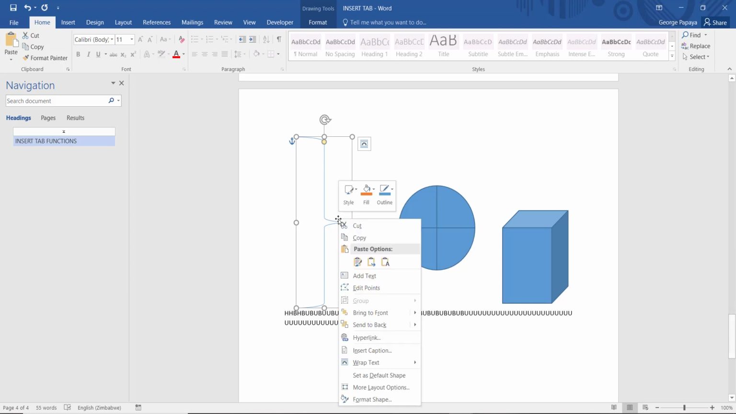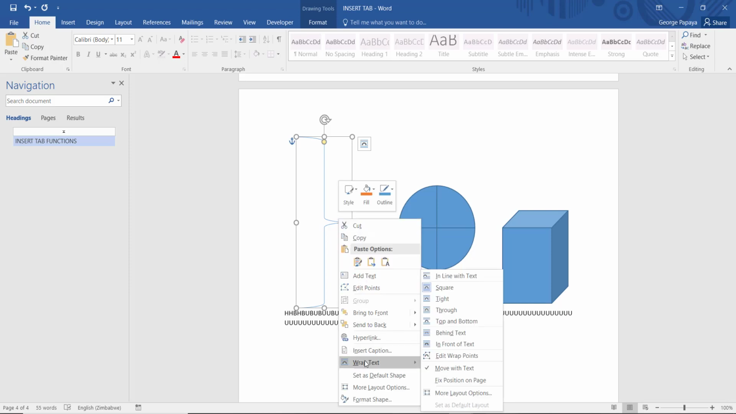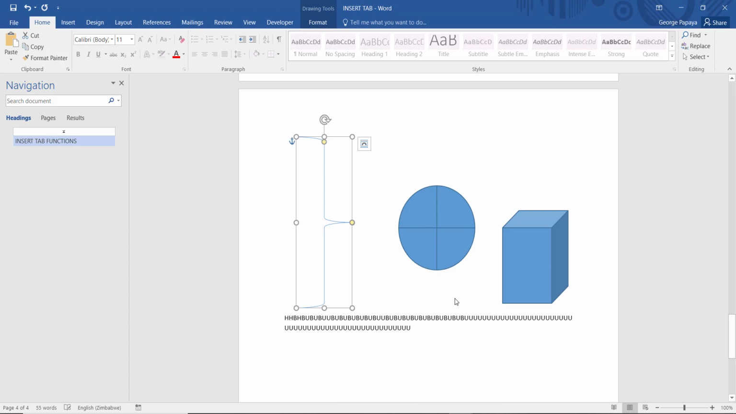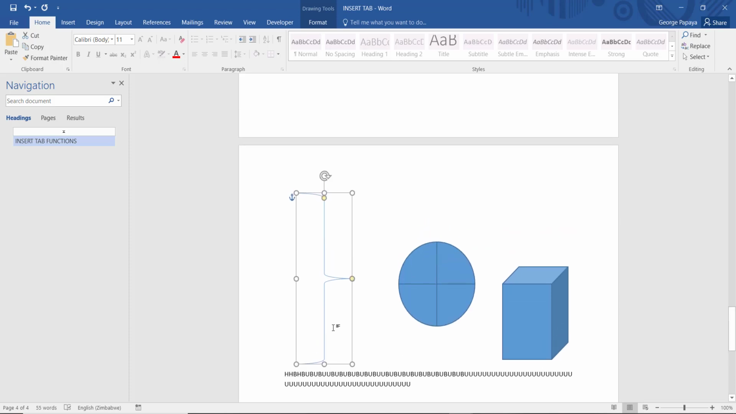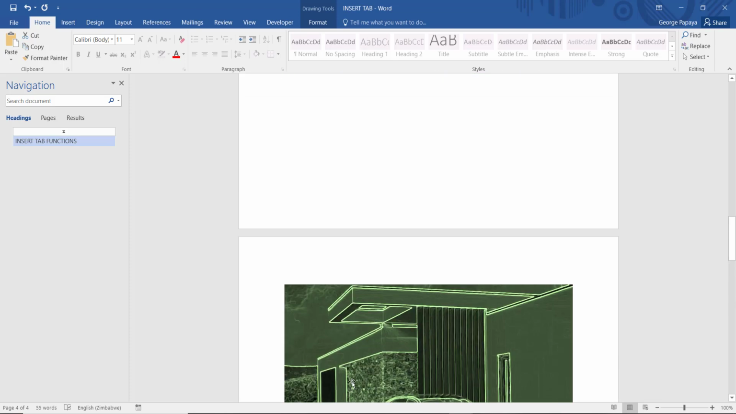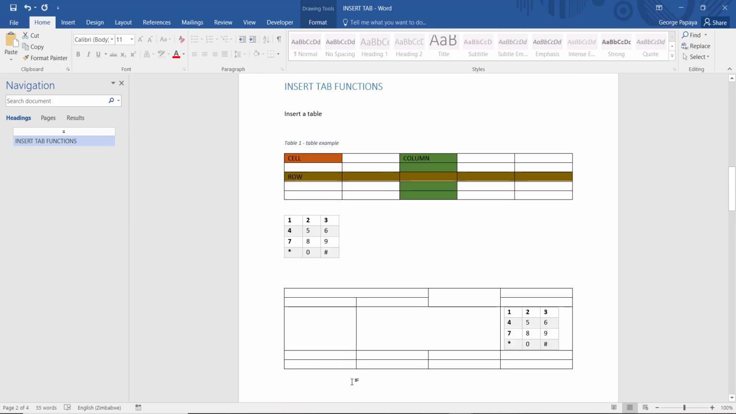Okay, if I do the same again, I go to wrap text, I can also put maybe tight. Okay, tight also does something different, but I'm sure with having this as an example, you can play around with the different wrap text options, which also apply to our images. They also apply to our tables. Okay, so for example, let's say I put my text there